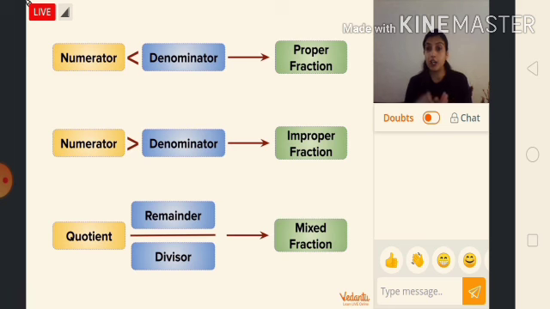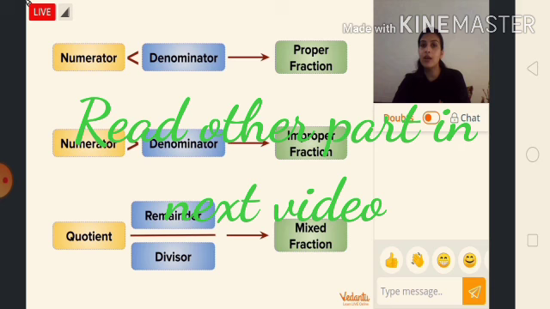Okay, apart from these, I could see many of you have written like fractions, unlike fractions, and equivalent fractions. So let's quickly revise them also. So, coming to like and unlike fractions. Like fractions means, if I consider two